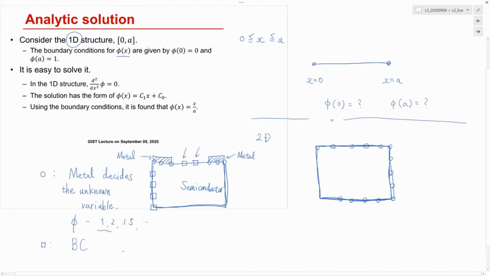In principle, there is no restriction about boundary condition, or actually we have to find the most appropriate one by ourselves. However, if we restrict ourselves to just the Poisson equation or continuity equation,